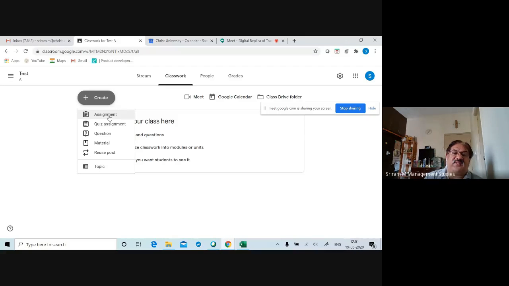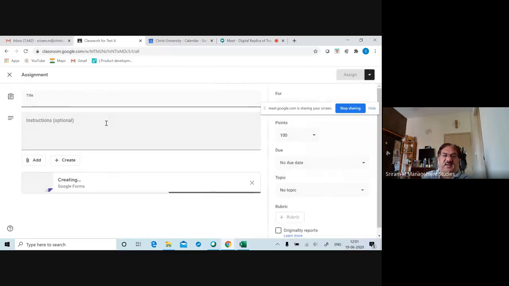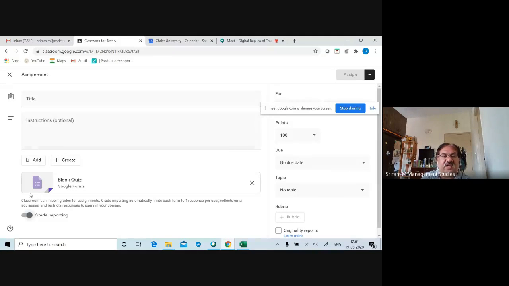The easiest to use, I'll show you, is the quiz. The moment you give a quiz assignment, by default, it will create it in Google Forms. You can give a title for your quiz, then give the instructions, whatever you want. Then you can give the points. If it is not for 100 points, say my quiz is only for about 20 points, you can change it. If you want to have it ungraded, you can, so that the marks division will go. If you want to give a due date, you can give a due date, your topic, etc. Rubric, I'll come back to it because explaining that will take a lot of time.